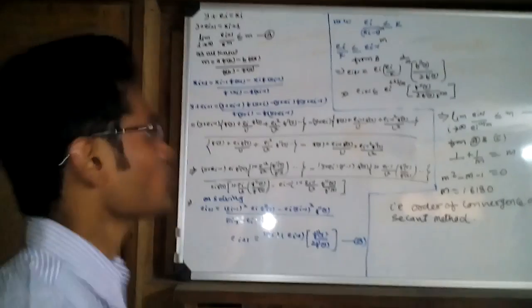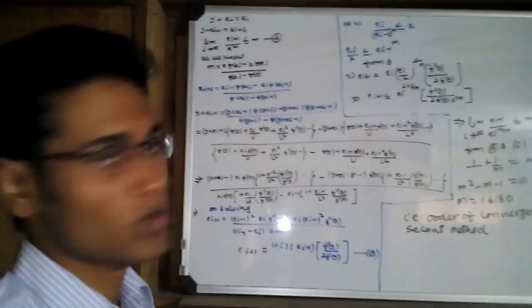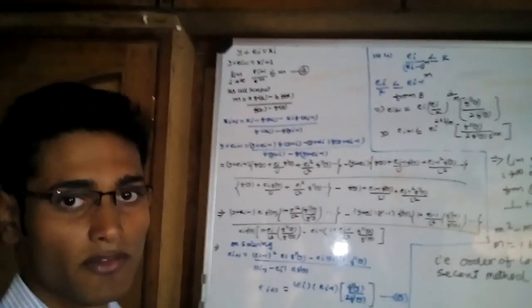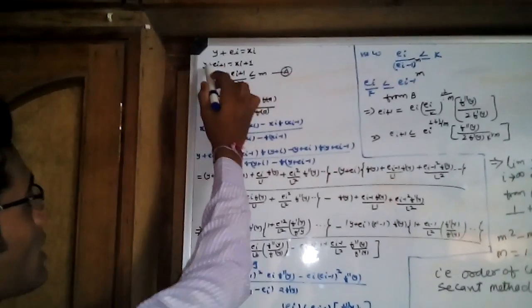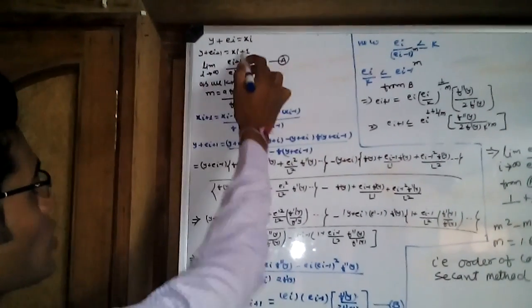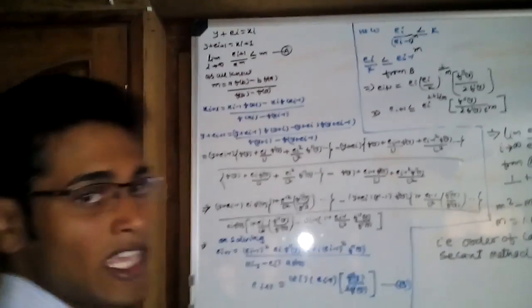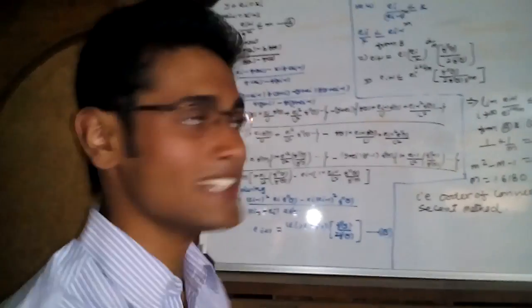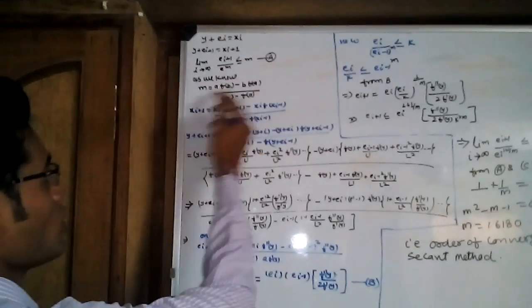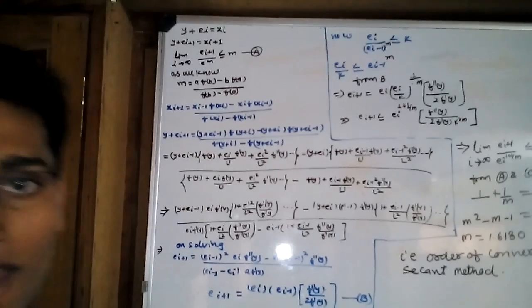The method for finding the root of a given equation. So the steps are written. Suppose y is the root, which is nearly equal to xi. Ei is the possible error of xi. So this will be written as ei plus 1 equal to xi plus 1 minus y. So the limit of ei plus 1 divided by ei will be less than or equal to m, where i tends to infinity. As we know, the formula for finding m is m equal to a f(b) minus b f(a) divided by f(b) minus f(a).